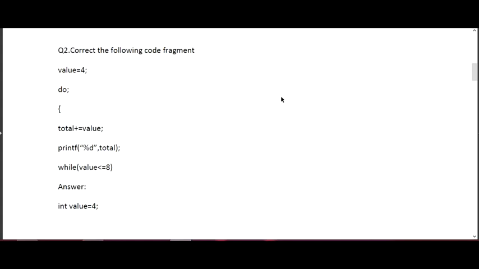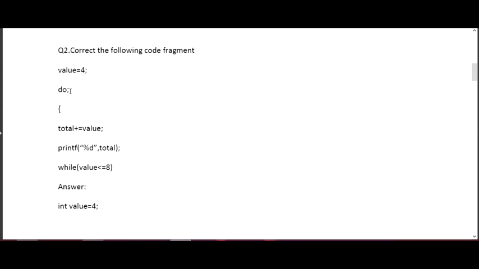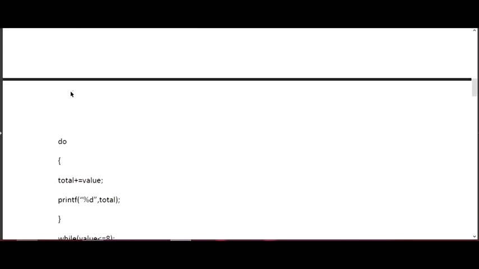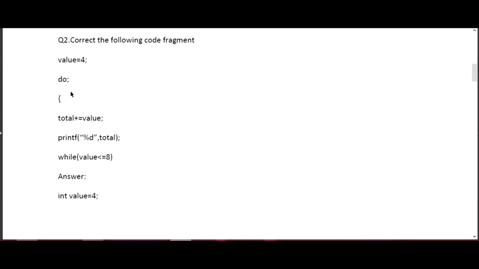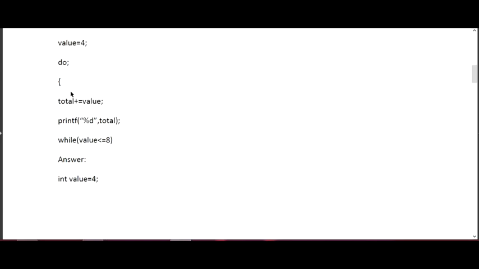These kinds of syntax you must be clear about. As you check this program, when you see that do has a semicolon after it, it will strike your mind that do does not have a semicolon. So the first error you got over here is that do does not have a semicolon. Where you have written the correct code till here, like value equals 4 semicolon, then do will not include a semicolon.